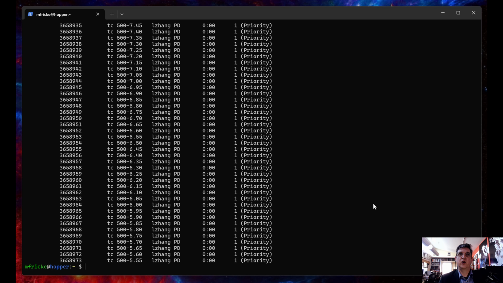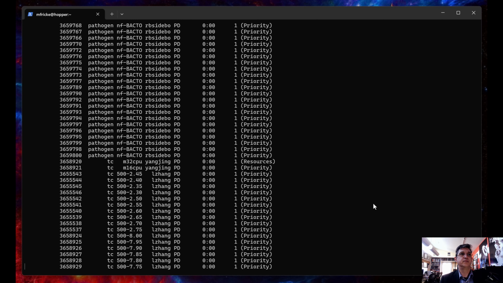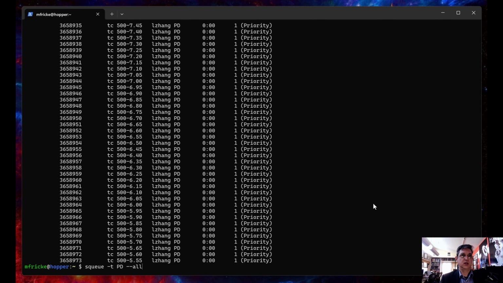Let's go ahead and look at a list of all the jobs that are running on the whole Hopper cluster. Let's see how many that is. I'm going to pipe this into a little command called word count. I'm going to count the lines. So there are 192 different jobs running currently on the Hopper cluster. All right, so let's start